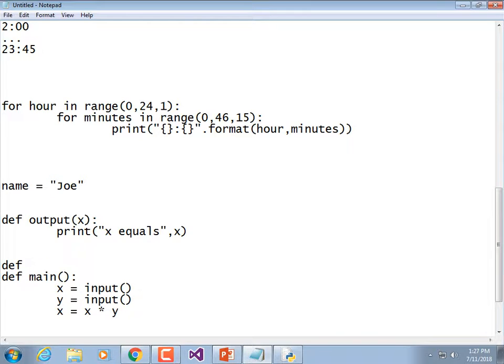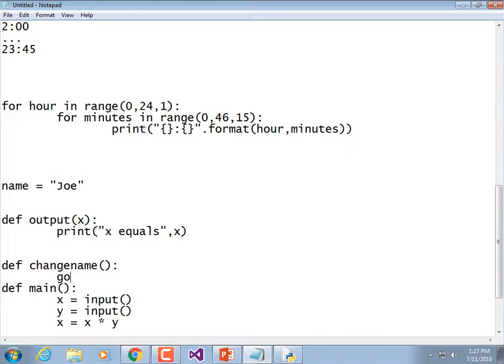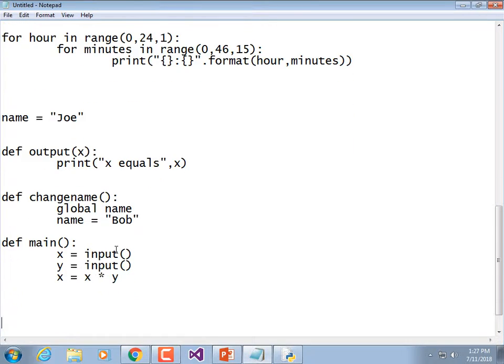But if I wanted to be able to change the value of that, I would have to do this, global name. That's just telling it that name is a global variable, and then I could change it to something else. Change it from Joe to Bob. And so then down in here, when I called that module, change name,